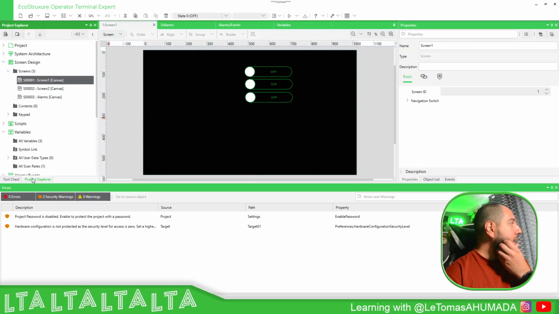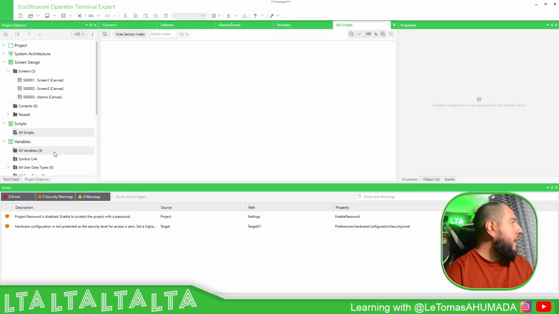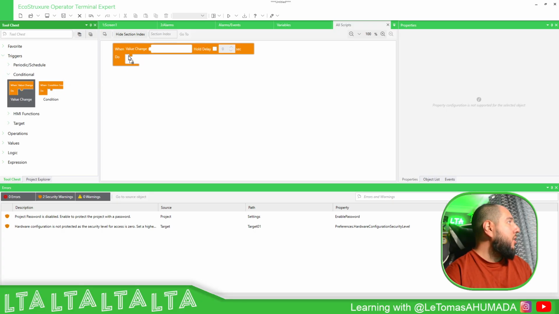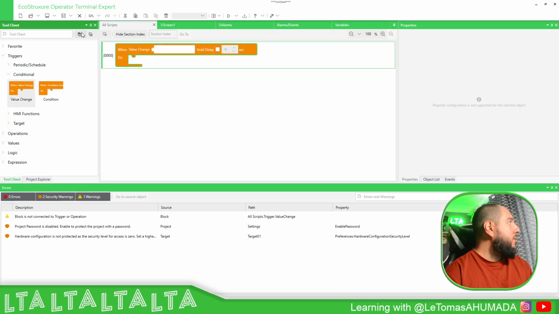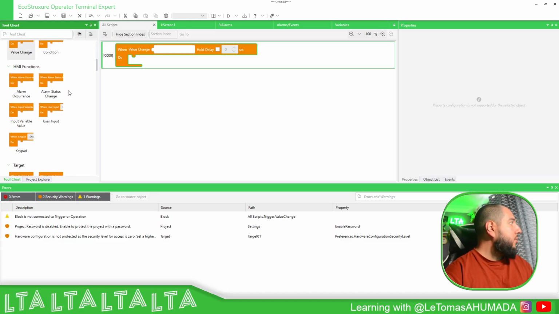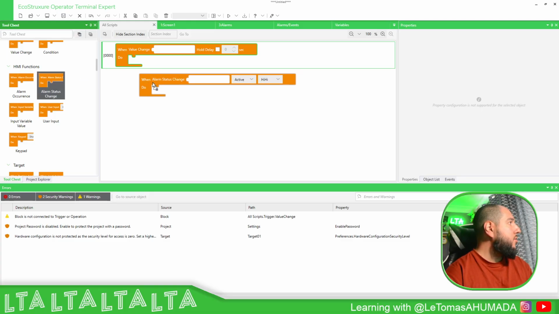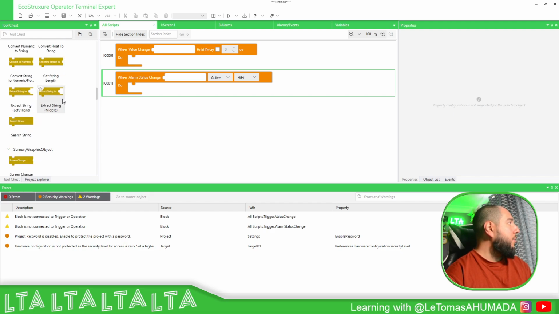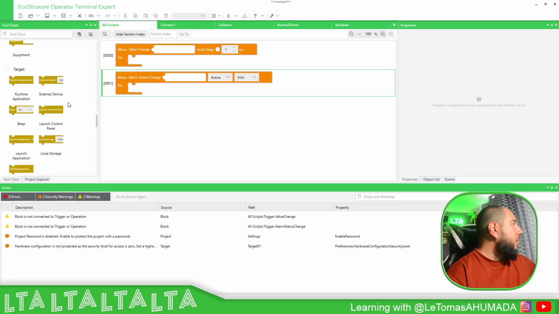So what we need to check is here on the script, all variables, and play with the trigger. So it's going to be on condition on value change. Okay, and here we just need to find the right variable for this. So when alarm status change, we can do this one. Alarm requirements. Let's have a look on the variables that we have. Okay, just thinking over here. So let's see,